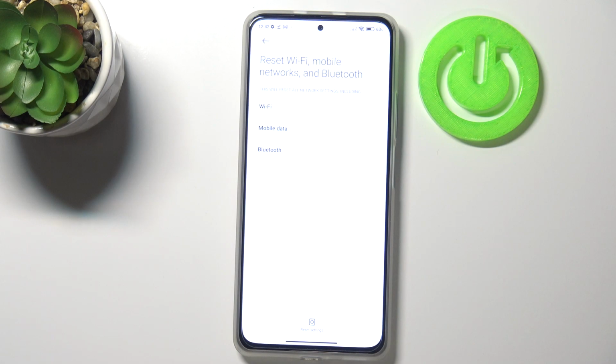So let's tap on it, and here your device actually again lists to you the things which will be restored. So just tap on reset settings. If you've got a pattern open, then enter to confirm, and your device will ask you if you really want to do it, because that might take several seconds, but also you won't be able to undo this action. So just tap on OK if you are ready, and as you can see, the network settings have been reset